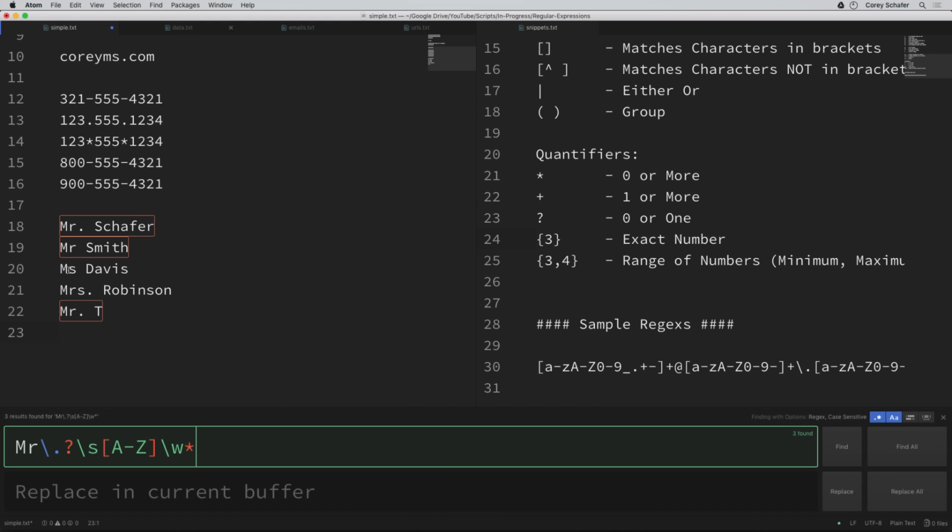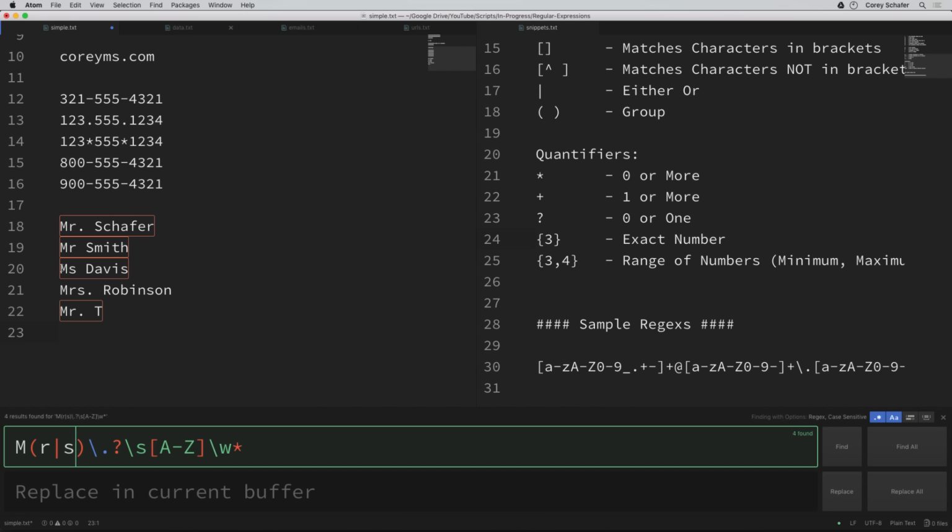But I think a better solution here would be to use a group. Now, we haven't looked at groups yet, but groups allow us to match several different patterns. And to create a group, we use parentheses. So after the M here, instead of just searching for Mr., I'm going to create a group with open and close parentheses here. And now within our group, we can specify different matches. So I can say that we want to match either an R and then or, and we use the vertical bar character to specify an or. So we can say that we want to match an R or an S,